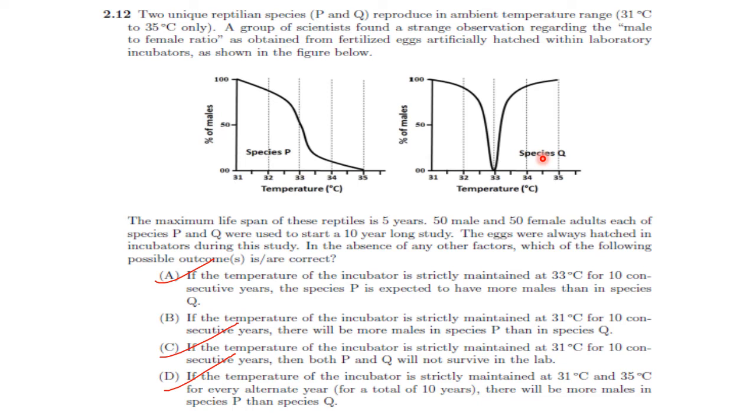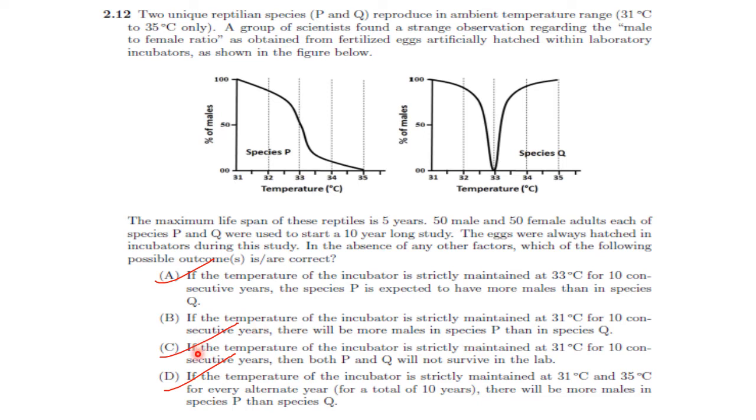If the temperature of the incubator is strictly maintained at 31 degrees Celsius for 10 consecutive years, then P and Q will not survive. Why? Because there are only males in the population and no females, so reproduction won't be taking place. So option B is